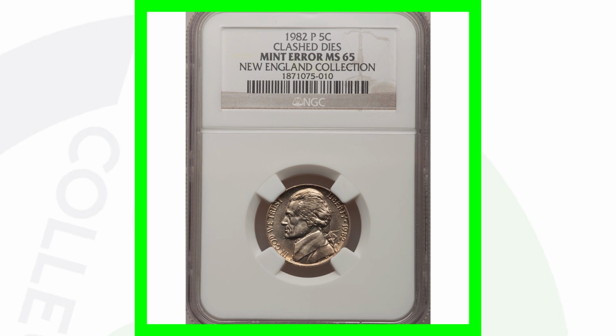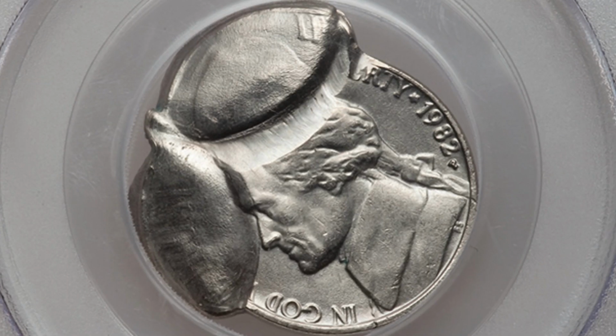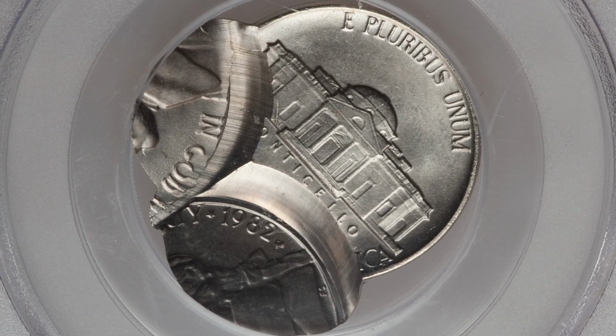$40 for that coin. Here's another extreme type of mint error. This coin here has been triple struck, and it's got a fold over, and wow, it's off center as well. Just amazing type of error. Something like this, obviously, we're not finding in pocket change or in coin rolls from the bank, but this coin did sell for over